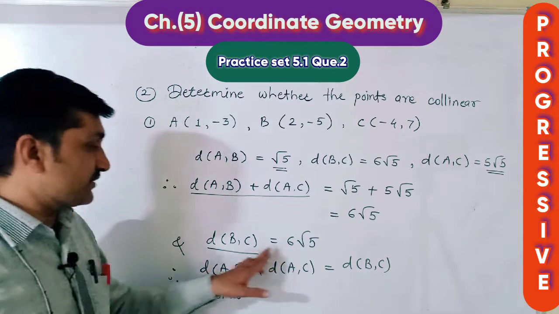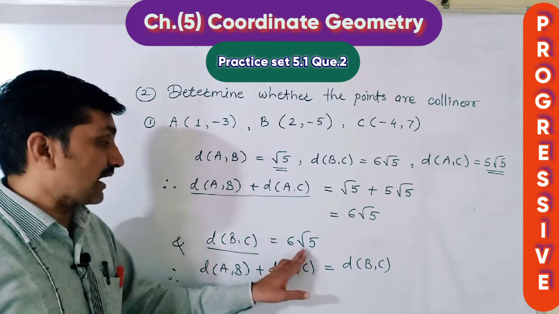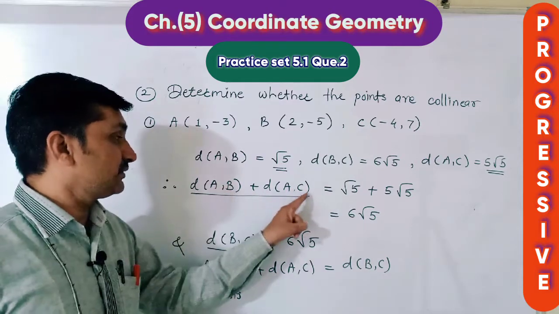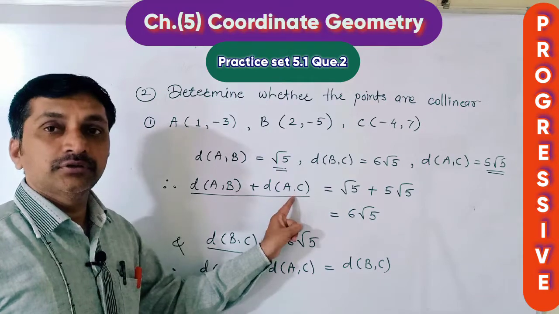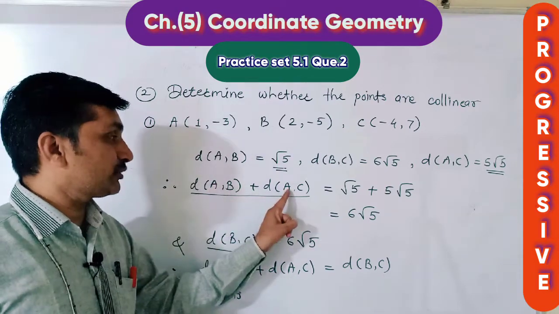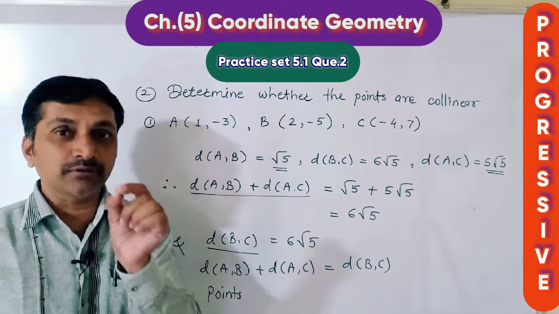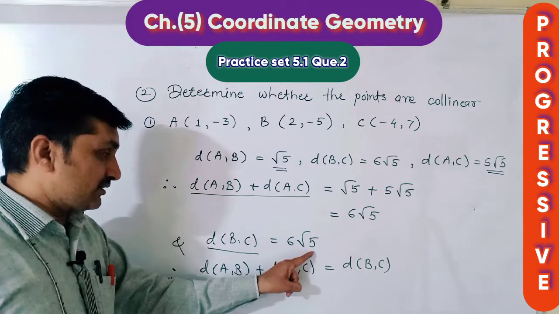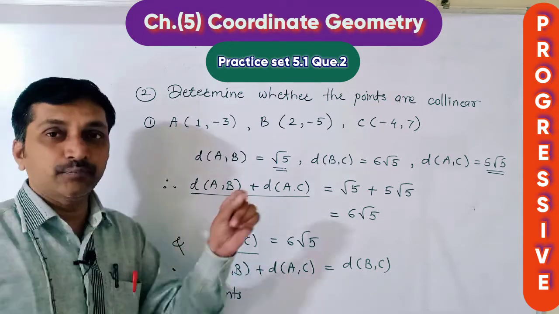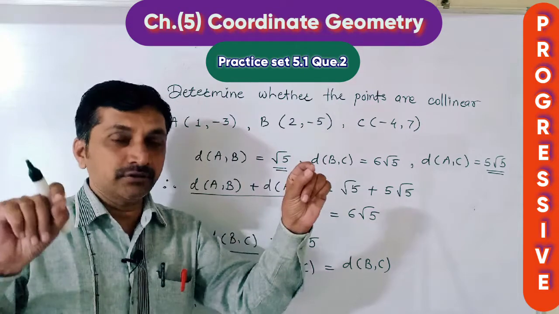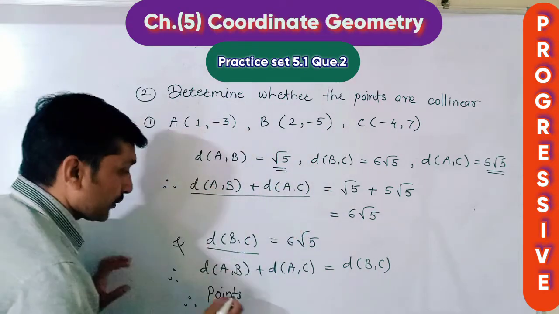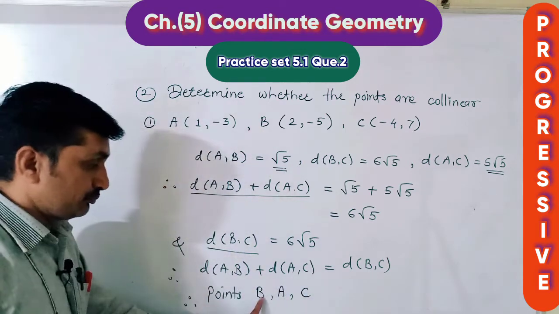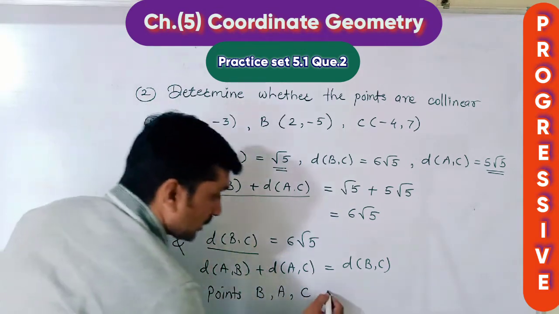Now what is the longest distance? What is the addition? BC, no? BC is the addition. Therefore a point will come in between. Here you see AB, AC. What is the common point in them? Common means in both. Here is A, here is also A. Therefore that point will come in between. And what is this addition? 6 root 5, BC. These are end points, means B, C are the ends, and in between A. How to write the points? B, A, C. B, C and A between are collinear.